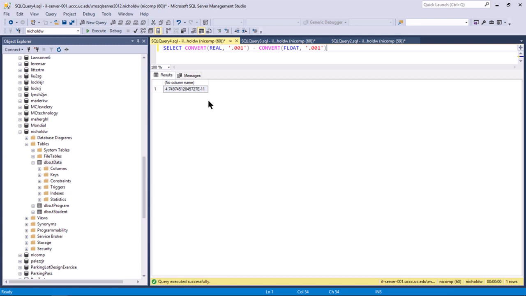Tiny, tiny number. But it's still a number. We would expect 0.001 minus 0.001 to be 0, but it's not. And that tells us that these two numbers, stored as a real and stored as a float, are stored slightly differently. And I'm